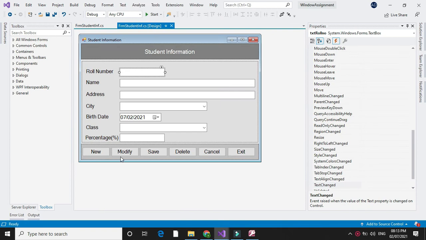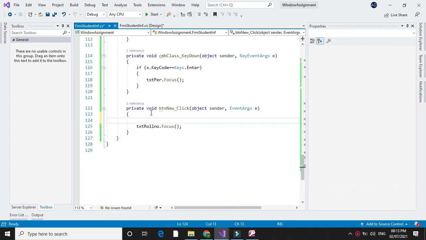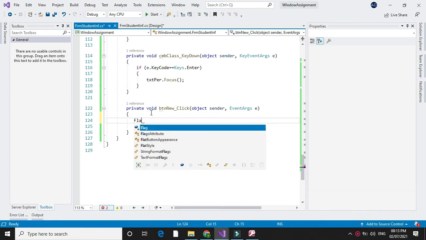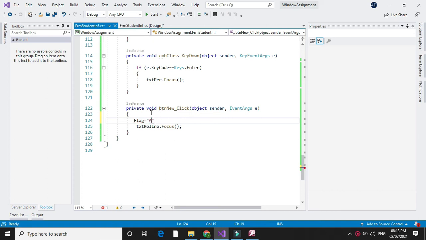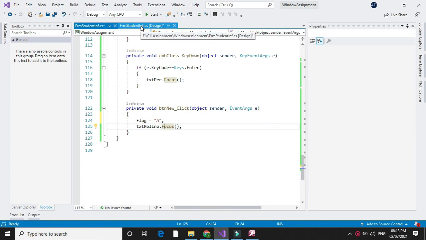So on new I will set here flag equal to A. That is, if the flag value is A, it will execute the insert query. If it is M, it will execute the update query.